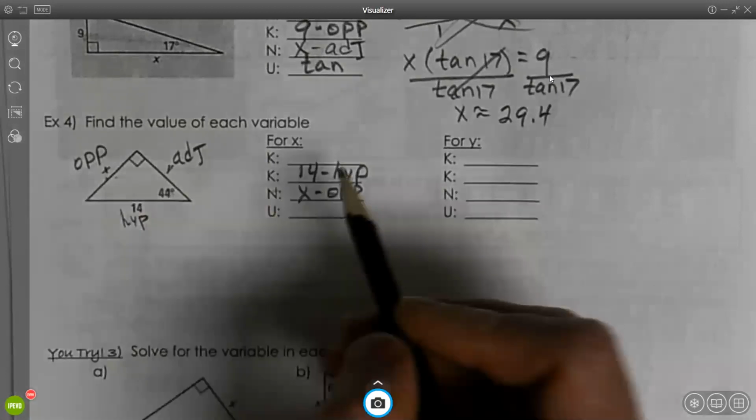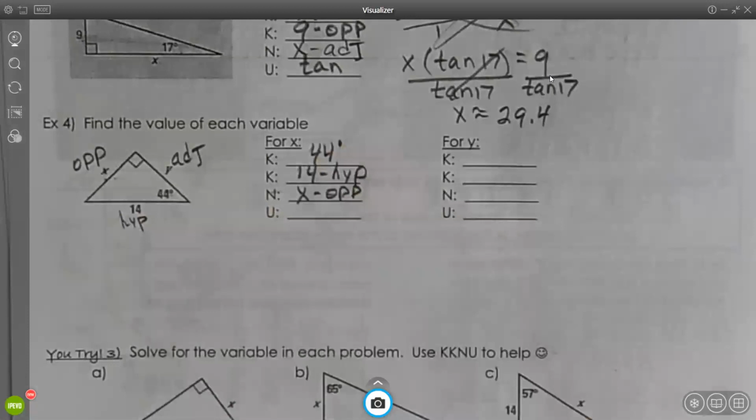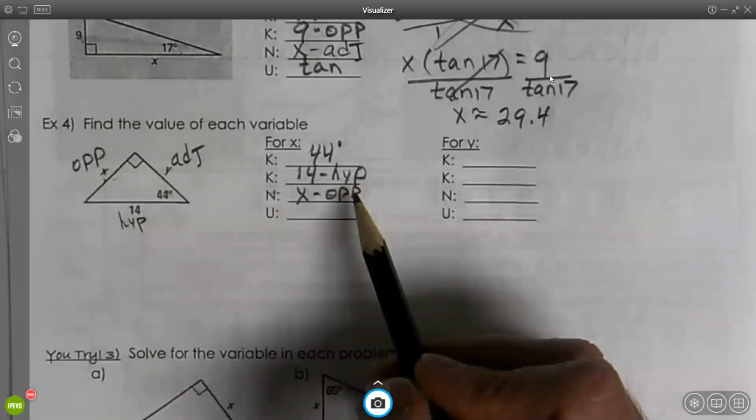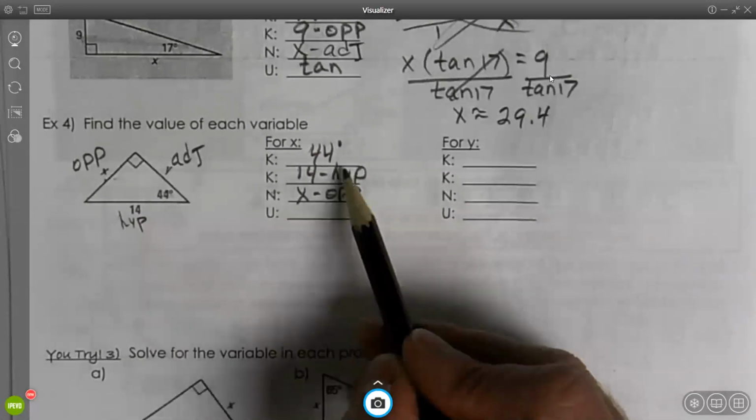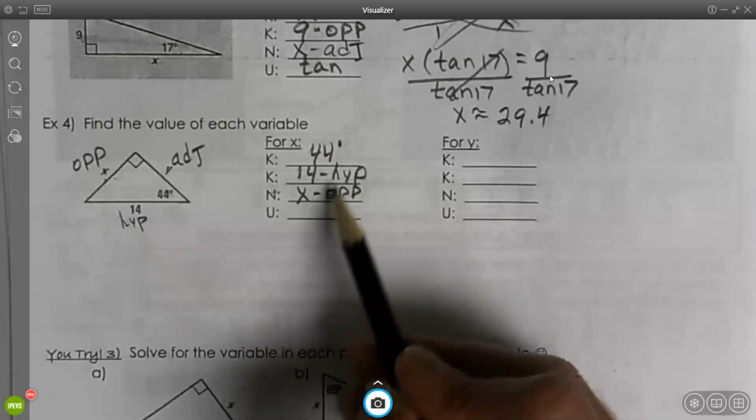And the other thing we know for sure is that we have a 44-degree angle. You need to be sure that the angle you're using there is less than 90, an acute angle. So it's not in the same order that we'll write it, but it does have an opposite involved and a hypotenuse involved. So using SOHCAHTOA,